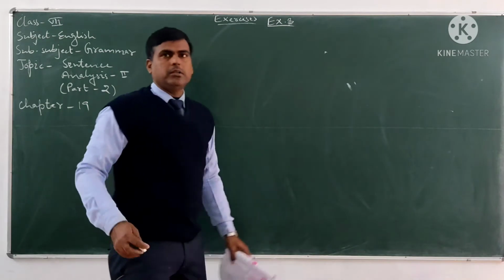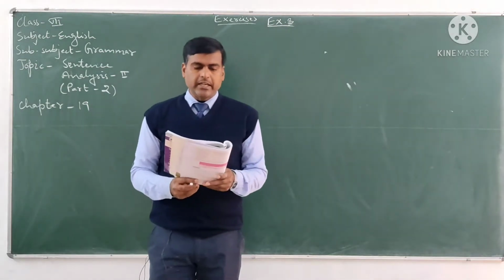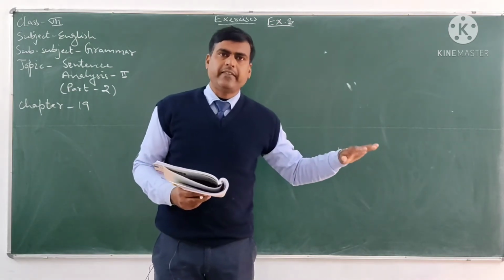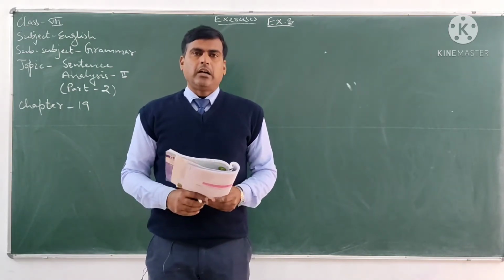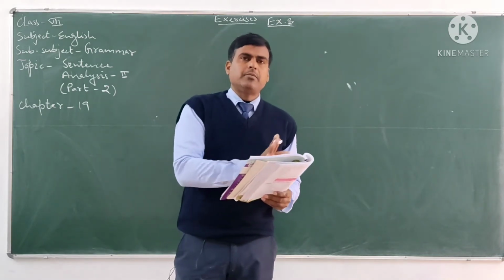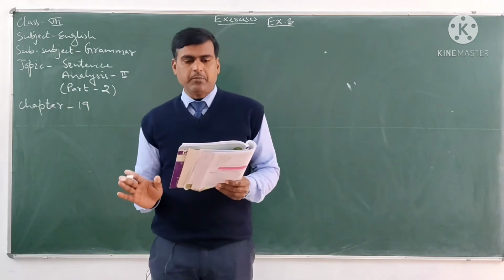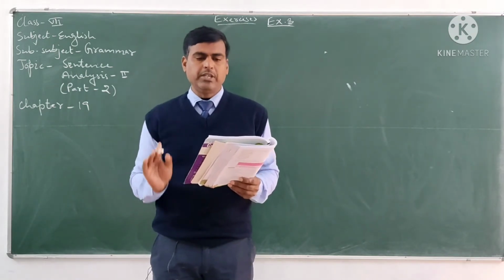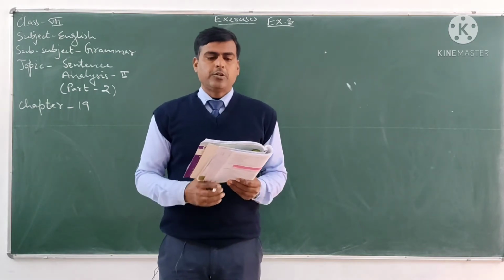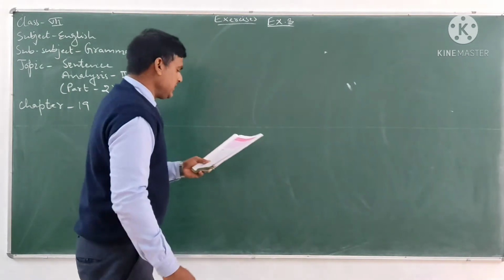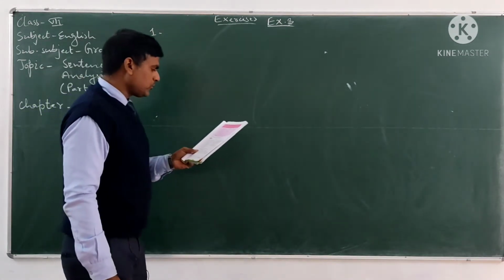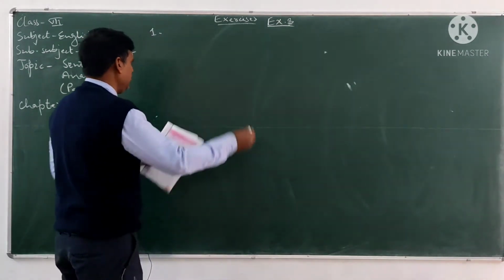Exercise number 3 is analyze the following sentences. We have to analyze the sentences that are given in this exercise. In the subject part we will choose subject word and enlargement of subject, and in the predicate part we will choose verb, object, complement and extension of predicate. So let us start with sentence number 1. Sentence number 1 is, the boy did the sum cleverly.